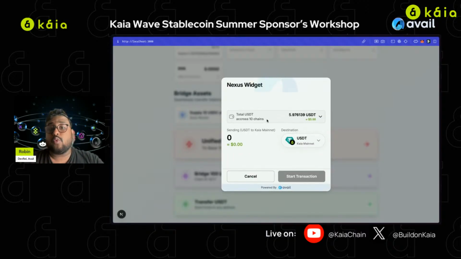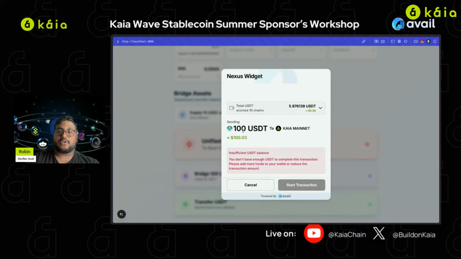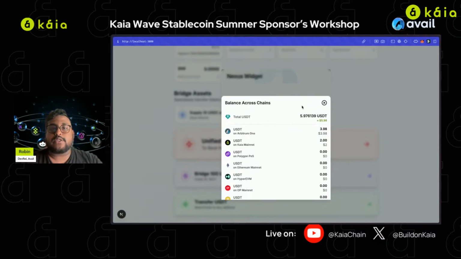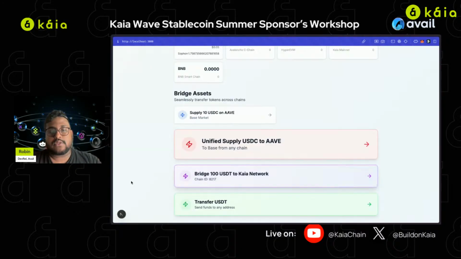But again, if you want to pre-fill the amount as well, you can do that, right? Like if I go here, the amount property, I want to put in like 100. I can put in 100, but if the user does not have 100, then it shows that it's going to be insufficient balance. The user cannot edit this anymore at this point. You can see my wallet unified balance across 10 chains here is only 500, so that's not happening, right? But maybe if I keep it as 1 and I close that,